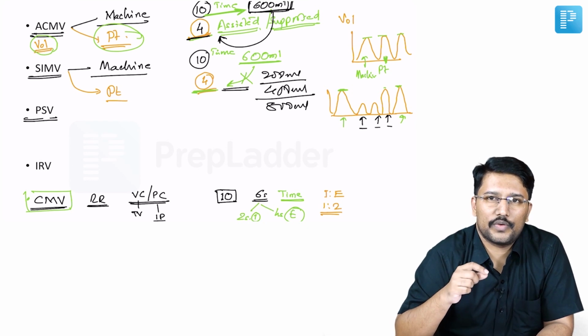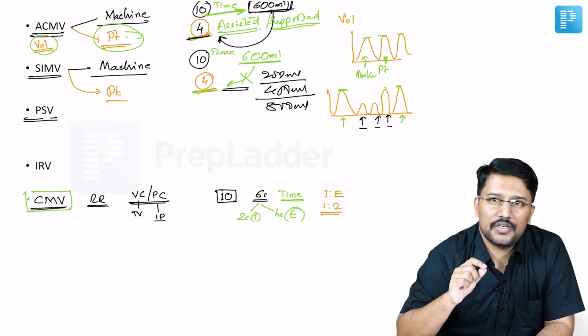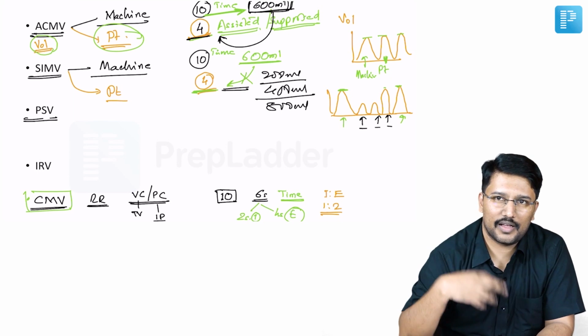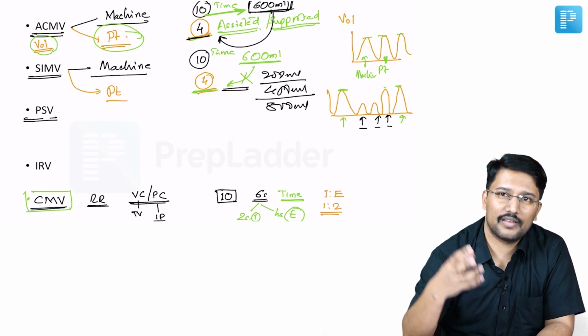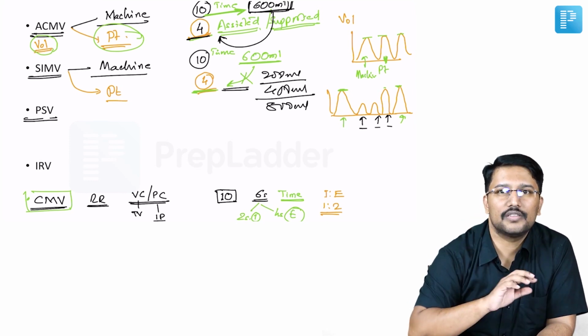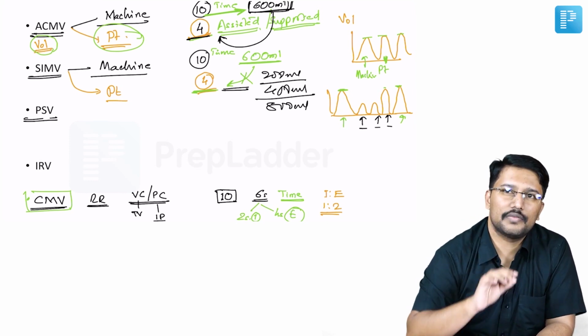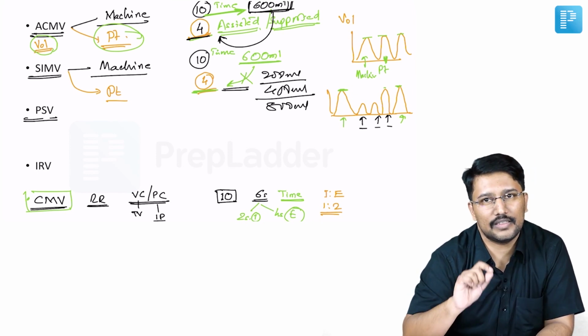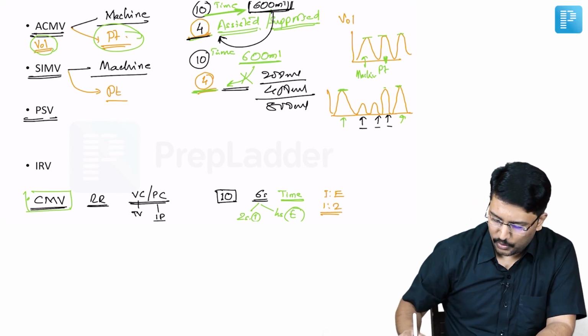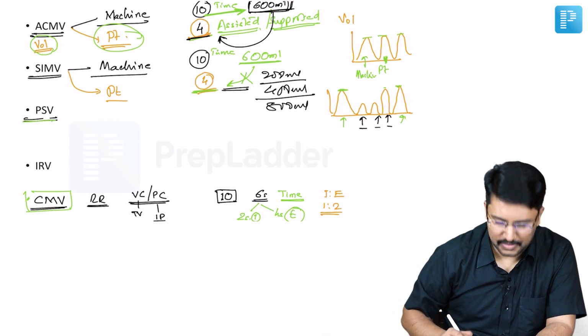But in pressure support mode of ventilation, all the breaths are patient triggered. The patient himself generates a negative intrathoracic pressure. The machine senses that the patient is making an inspiratory effort, and then it delivers a fixed pressure support. So that is the difference between the other modes of ventilation and this. The important thing you should know is that it is a patient triggered breath only supported by pressure.